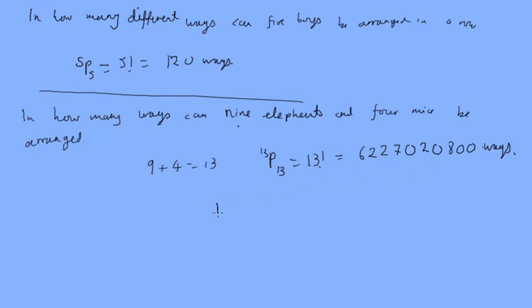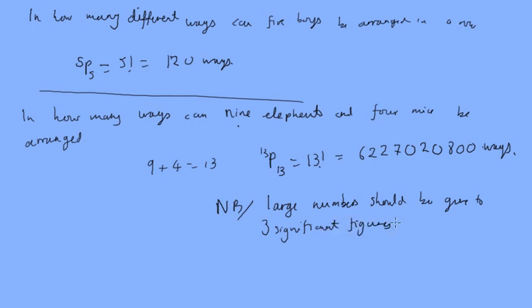Typically though, large numbers should be given to 3 significant figures, unless otherwise stated. So I hope that